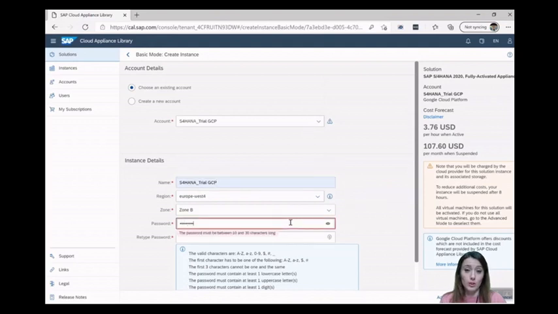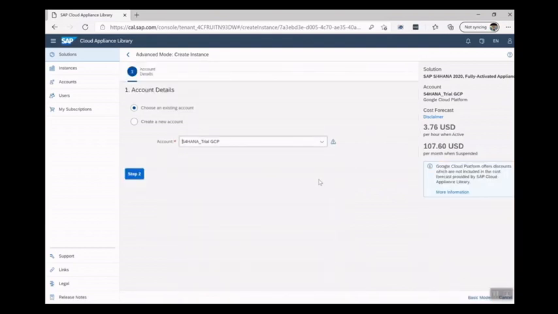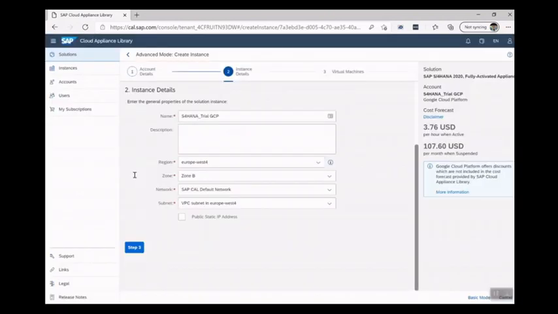And this password is super important because it will be the one you will need to access the remote desktop. You have to press the button Advanced Mode to be able to choose the static IP. So every time you suspend the server and you activate it again, you will have the same IP, and in case you configure that in your SAP logon, you will not need to configure again and again. So I recommend you to activate that.